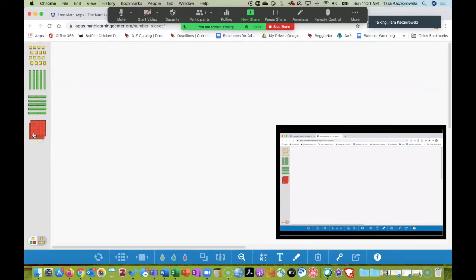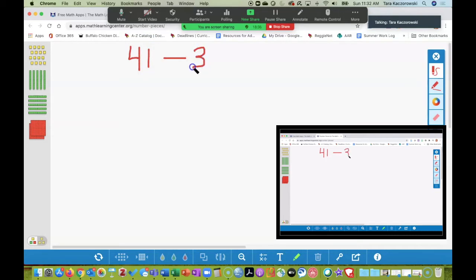They're different colors. So let's say I want to set up a problem for the student. I can use the writing feature, and let's say I want to set up a problem of 41 minus 37. Because we are working on subtraction with regrouping, and the base 10 blocks are going to help us model what it means to regroup. So maybe together we set up the problem, I ask the students some questions, and they help me set up the problem before I push it to them for them to try to solve. So I'm going to turn off the writing tool, and let's model it together.